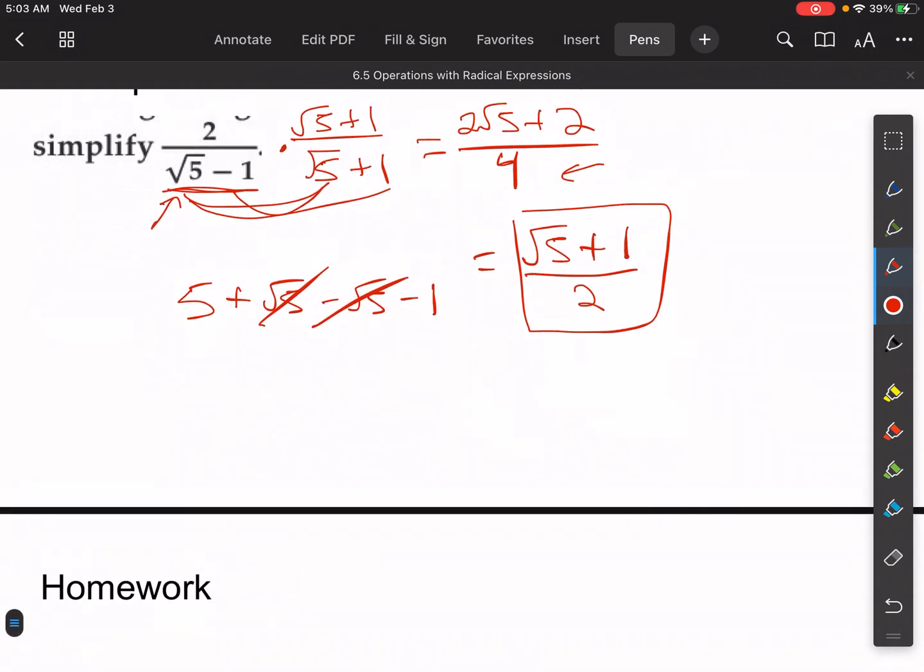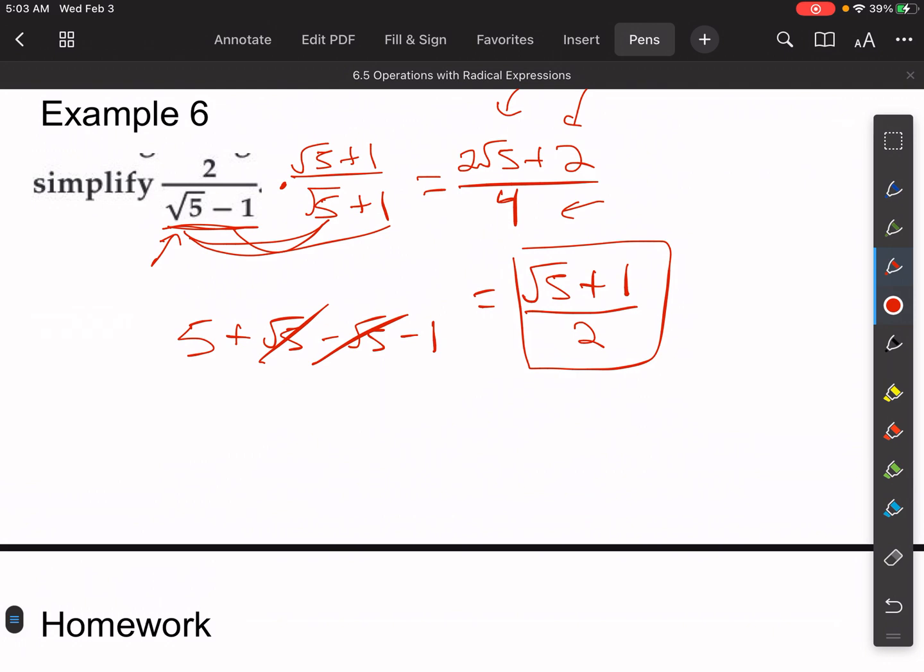Alright guys, the last thing that I think I need to show you, I think I'm going to take one of these from your homework. Let me just see here. Oh, looks like they don't give you any of those really hard ones. Never mind, we'll do that next lesson,